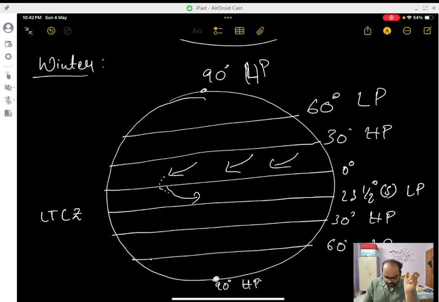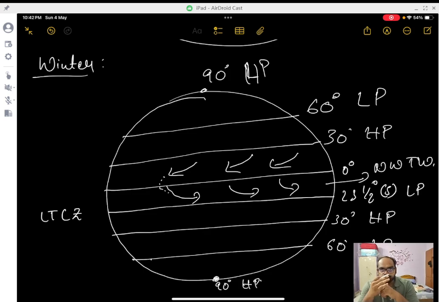Once they start deflecting towards the left, the winds will blow like this. These are called northwest trade winds. Okay, during winter, northwest trade winds are induced. So remaining winds are common. That is between the subtropical high and the equatorial low,